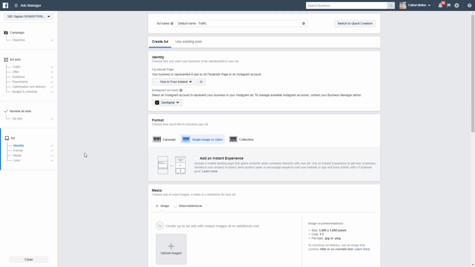So when we've created our ads and we're happy with the assets, we will want to target other people. At this point in our traffic campaign, we're only targeting women aged 25 to 34 on a mobile device who are interested in digital marketing. We may want to target men who are aged 25 to 34 who are interested in digital marketing on a mobile device. So we need to create a new ad set for this campaign. Remember, these are targeting groups. So for all of the different groups you want to target